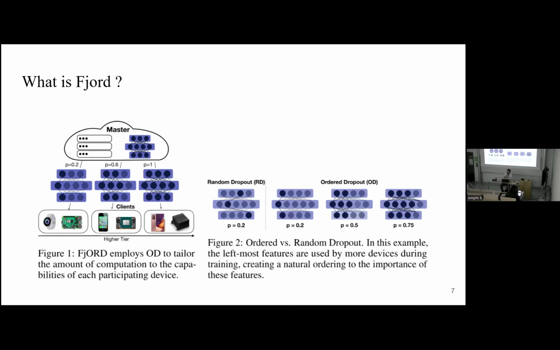Inside this neural network, we take a subset of neurons to create a smaller model that can be trained on smaller clients. Now, ordered dropout is basically a form of dropout. If we compare it to random dropout, which is the technique used in deep learning, you would have a dropout ratio, and in one iteration, a random dropout would drop a ratio of the neurons, and only use a subset of neurons to actually do the forward and backward propagation